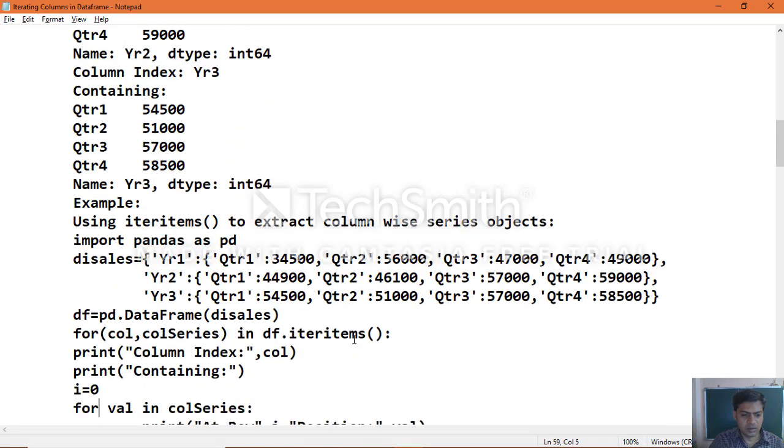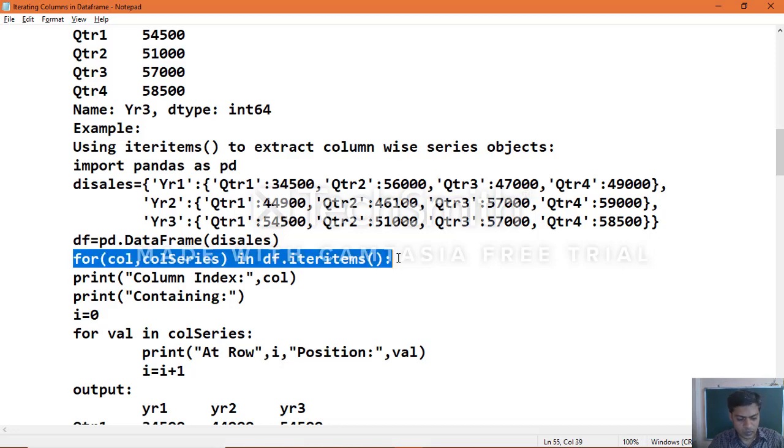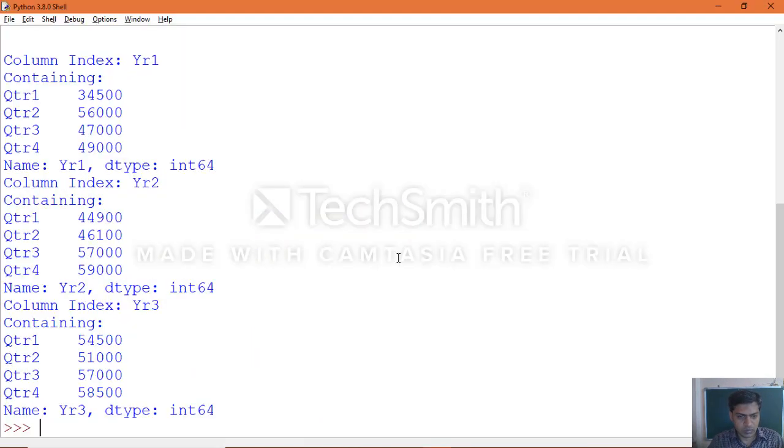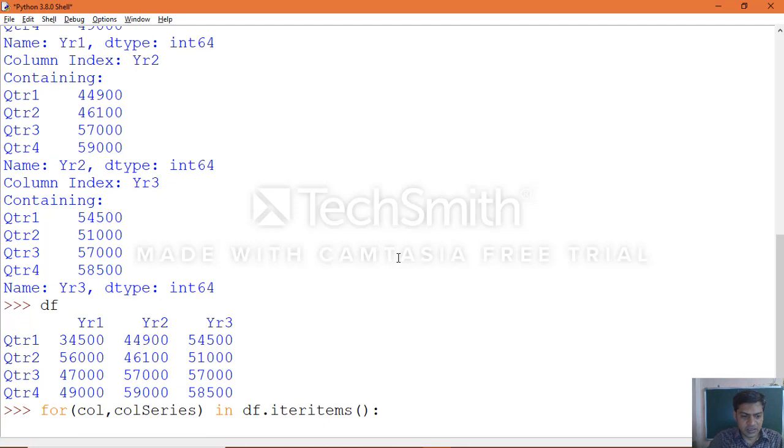Now we will extract the data position wise this time. First print the data frame again. As you can print, now execute that statement.